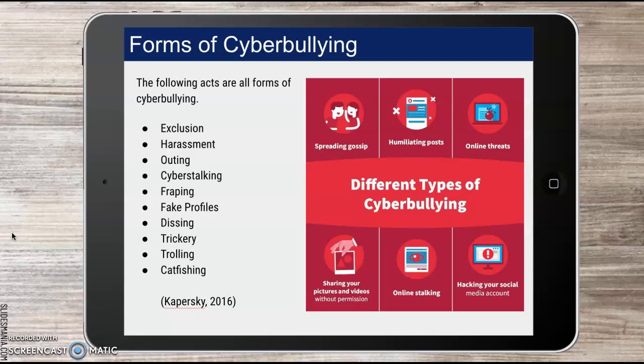Fake profiles or burner accounts are ways to harass, similar to a previous issue, ways to harass people without being seen. And so as a cyber bully, you might make a fake profile so you can go and harass people without being found out. Dissing, just another form of harassment where someone would go onto someone's profile or find photos, find ways to go out of their way to diss that person, to put them down for different things.